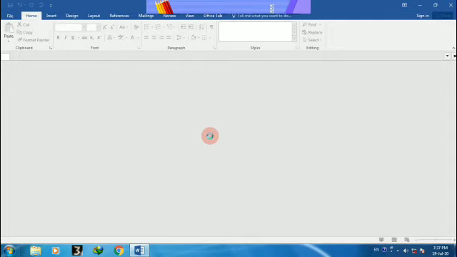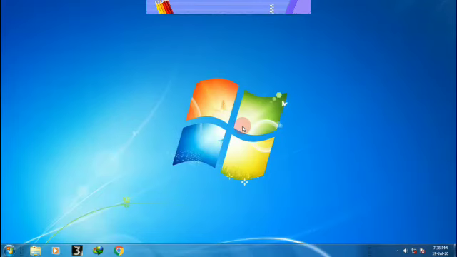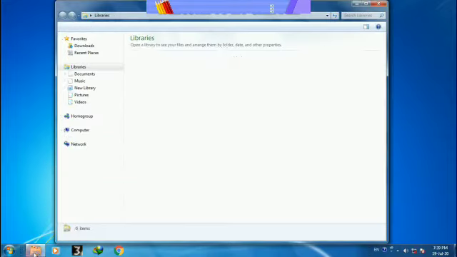So see, we have closed our document. The document area disappears. Now see, the processing is going on, and after that some changes will appear, and if you want to open your MS Word again, you can very easily click on the start button, and this is your saved file.